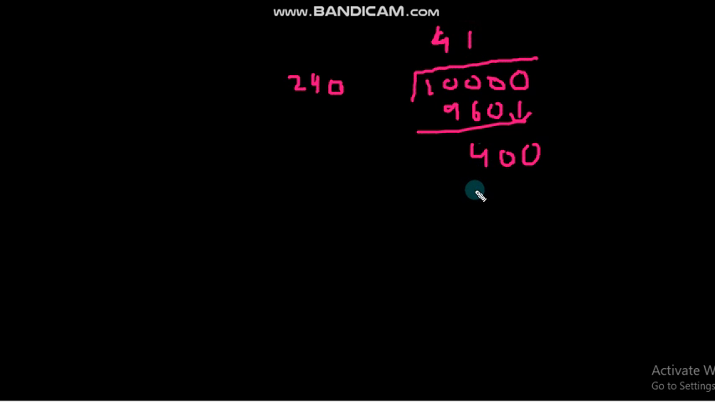240 one time, 240, we will have remainder 160. As we see, the smallest 5-digit number is not completely divisible by 240. If we want to make it divisible by 240,